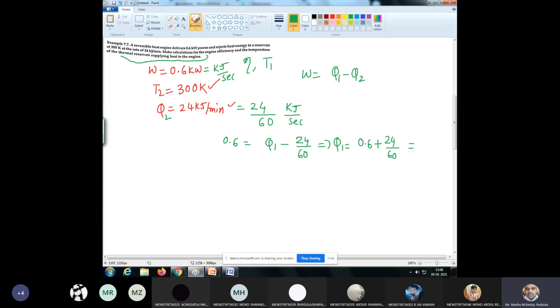If you simplify, you will get the Q1 value. So if you simplify, what will you get? 5 is the LCM, 3 plus 2. So that is equal to 1 kilojoule per second. Q1 is equal to 1 kilojoule per second. Q2 is equal to this much. And what is asked? Efficiency. Efficiency is equal to work done, T1 minus T2 divided by T1,